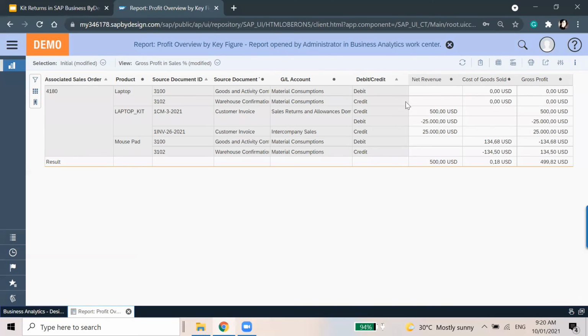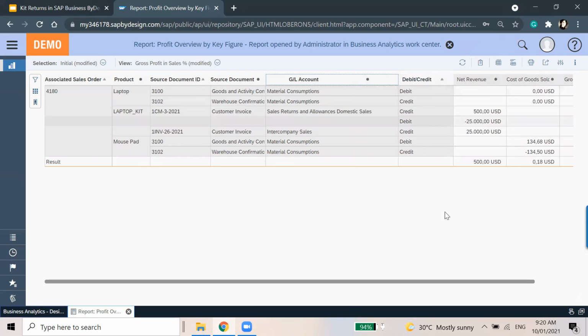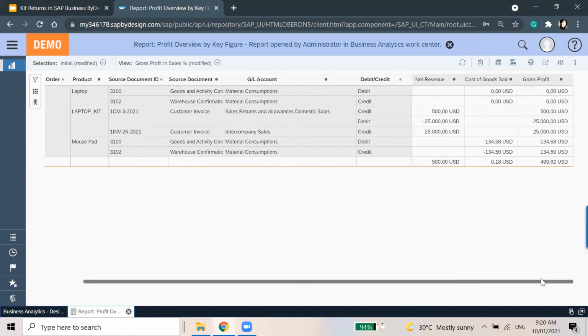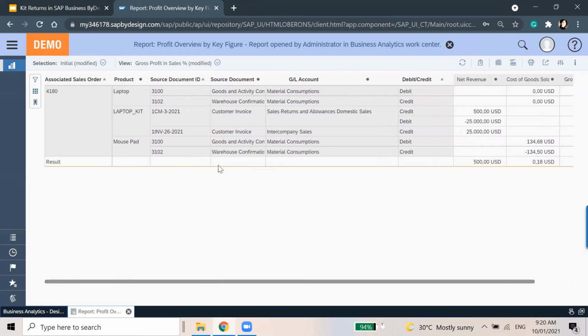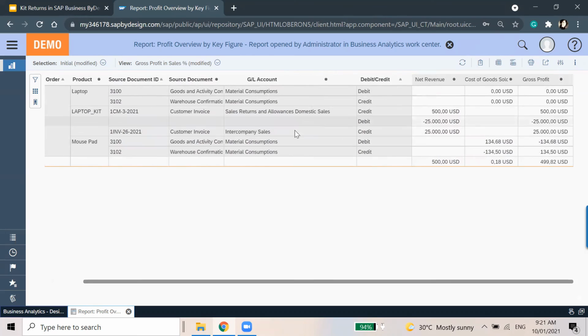Okay, maybe for some reason. Yeah, here we see the sales return and allowance, customer invoice 500. So this is the report where you can see the net revenue, the cost of goods sold, and every data will show here for the related document.